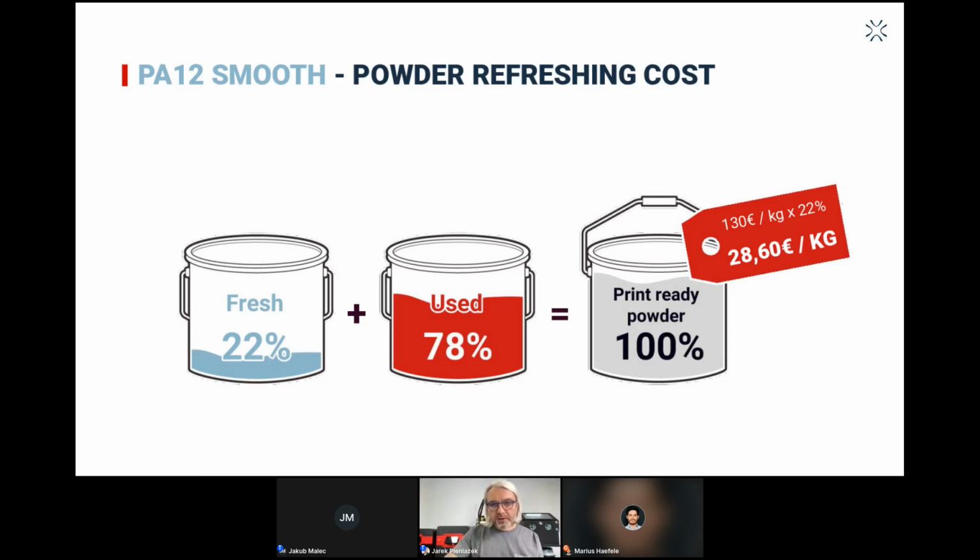Kuba will try to explain a little bit more deeply, but taking advantage, it's not 130 per kilogram of the powder. It's 29 euro per kilogram of the powder that is already refreshed. This is the real cost of the printing